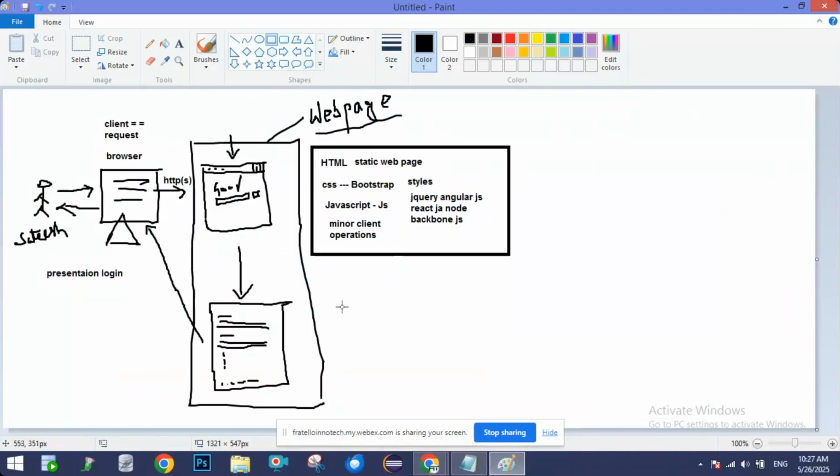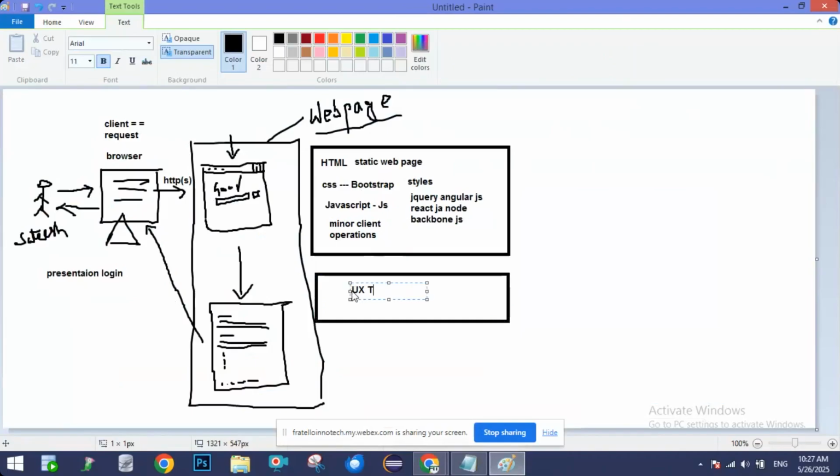So the UX designer will first design how the screen looks. After that, the code and implementation will generally start. So the background work is generally done by the UX team, and the UX team mostly uses